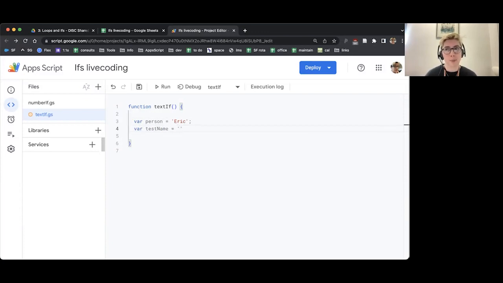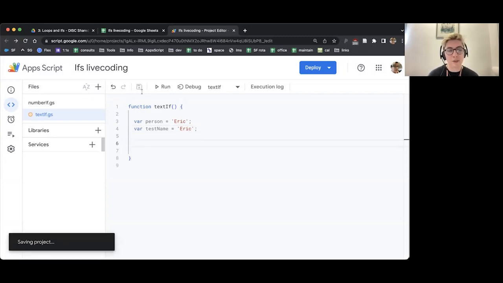I would like you at this point to put the exact same name you put in the first one. So I'm going to write Eric again. Make sure it looks exactly the same, capitals, everything in there. So those are our variables we're going to use. Now we can do our if. So I'm going to hit enter and enter again to make a little bit of space.